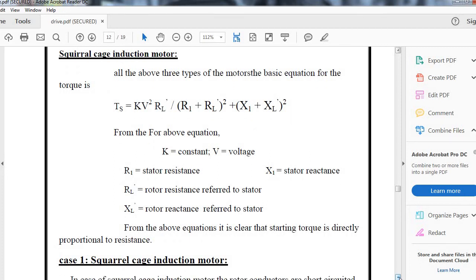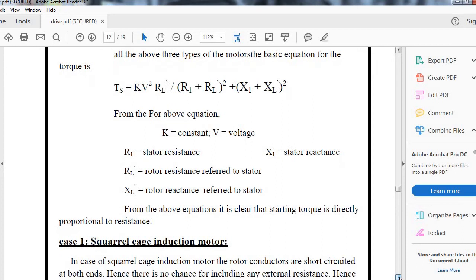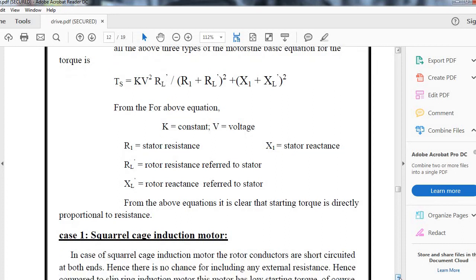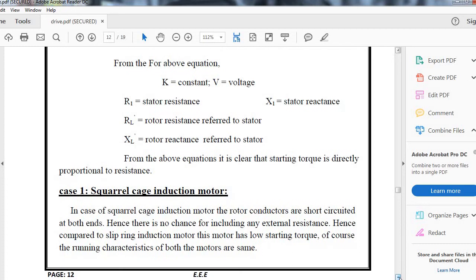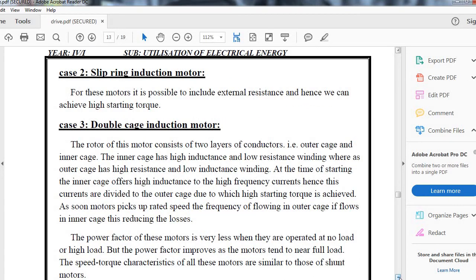Now if we look into the squirrel cage induction motor, the rotor conductors are short circuited at both ends. Hence there is no chance for including any external resistance. Compared to the slip ring induction motor, this motor has low starting torque, and of course the running characteristics of both motors are the same, as they are the same type of AC motor. For the slip ring induction motor, it is possible to include external resistance, and hence we can achieve high starting